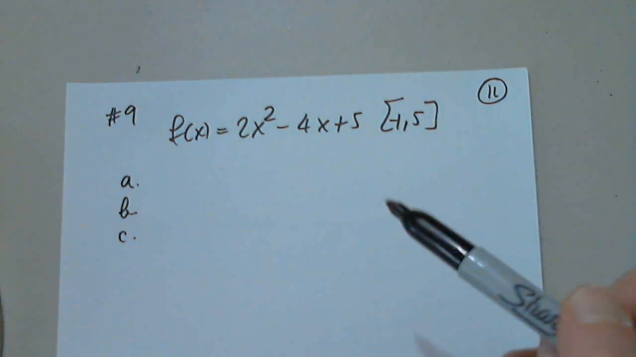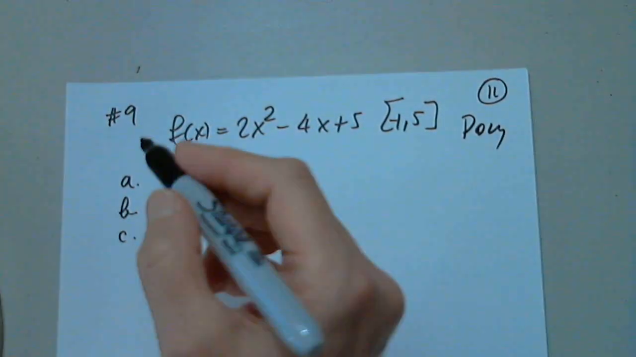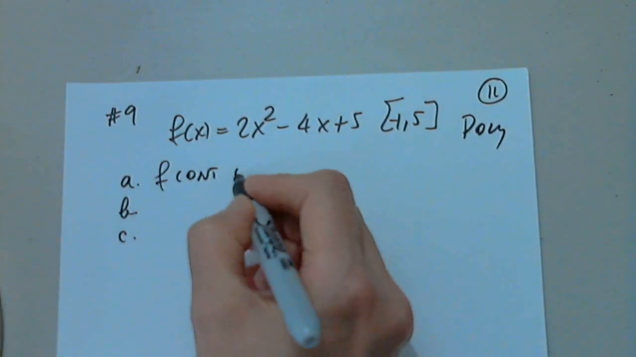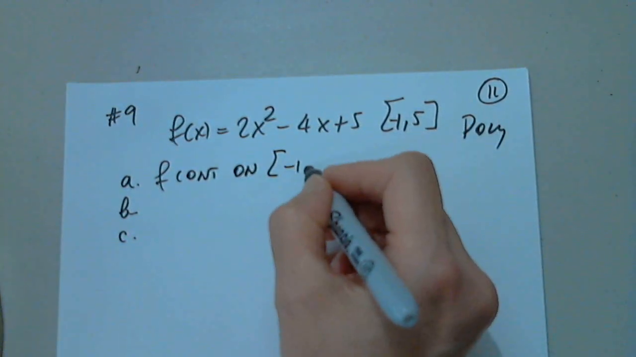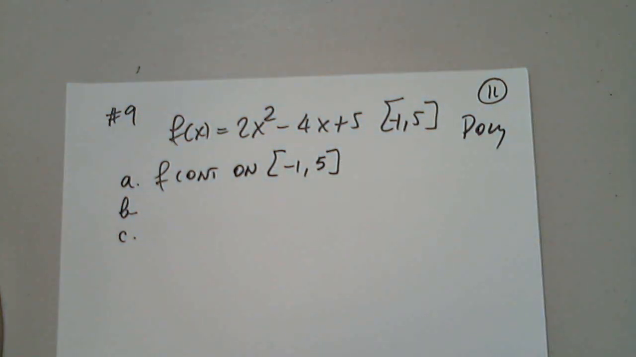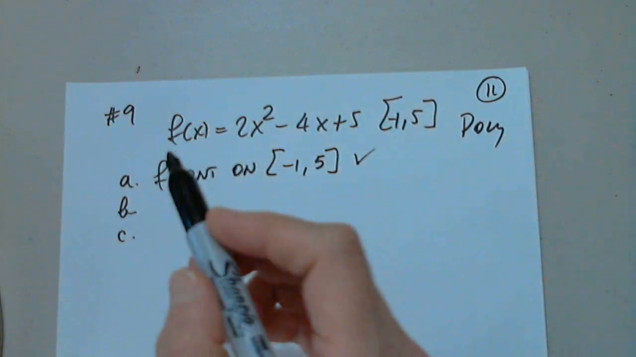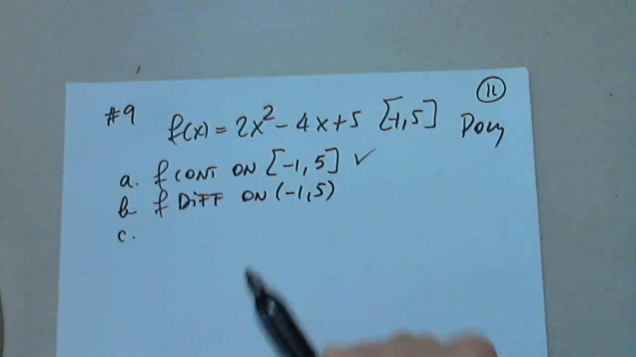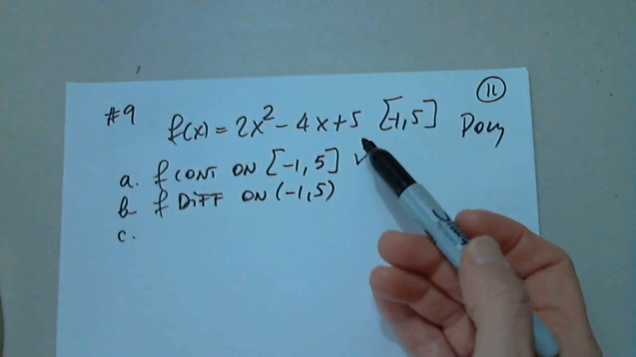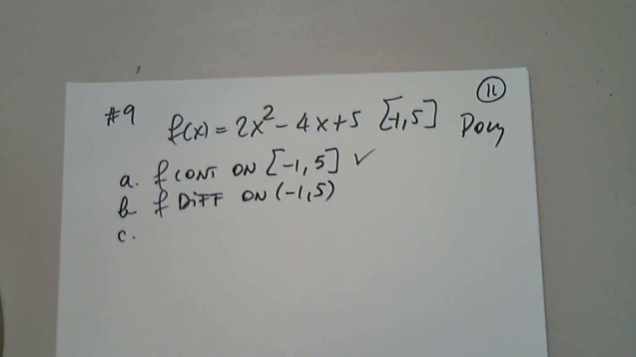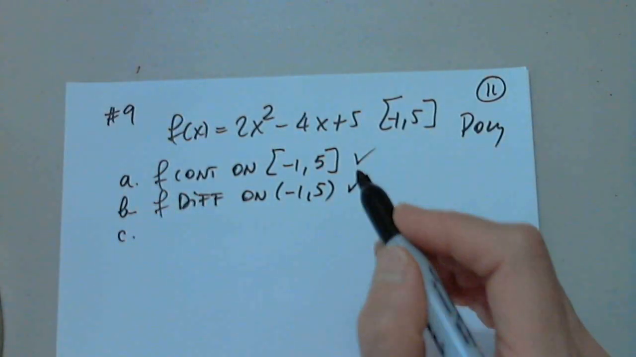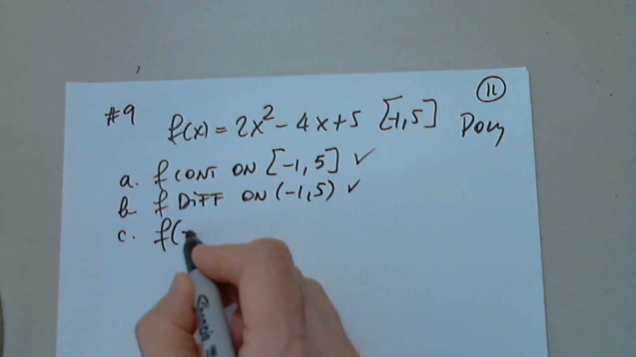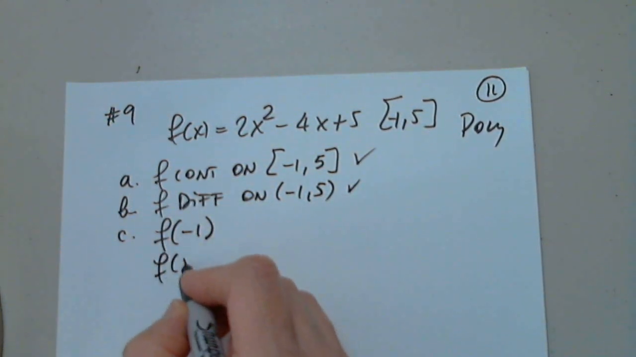Is it polynomial? Yes, it is a polynomial function. Is f continuous on -1, 5? Yes. Always. Is f differentiable on -1, 5? We never had any problems with polynomials. They are continuous everywhere, no cusp, no corners, no vertical tangents, ever. So yes. Now, I don't know what f of -1 equals to, and I don't know what f of 5